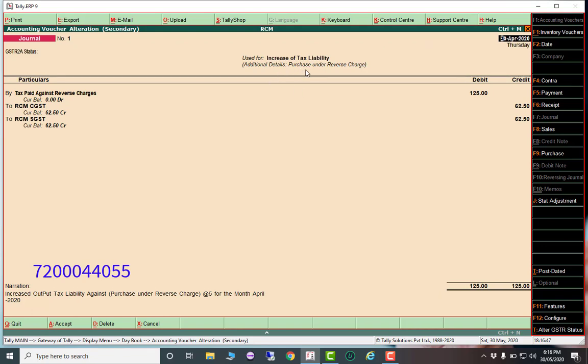So additional detail, purchase under reverse charges. Automatically journal posting, as well as automatically another journal also, input CGST, SGST, automatically entry posting. This RCM entry is very helpful for all the chartered accountants as well as accountants.